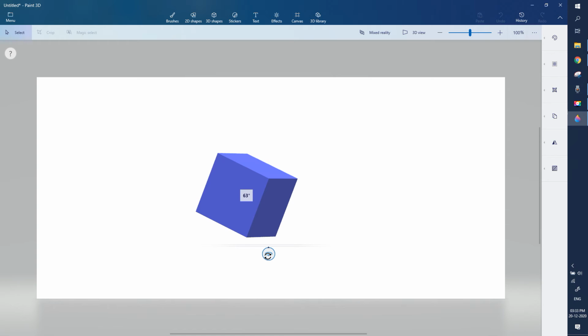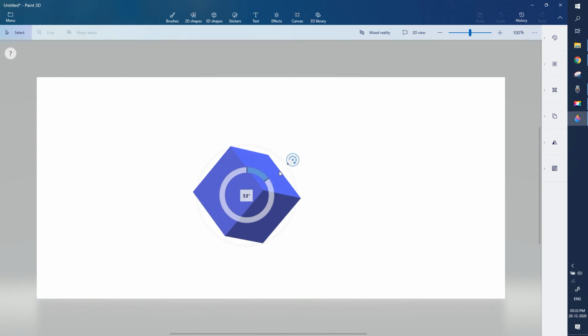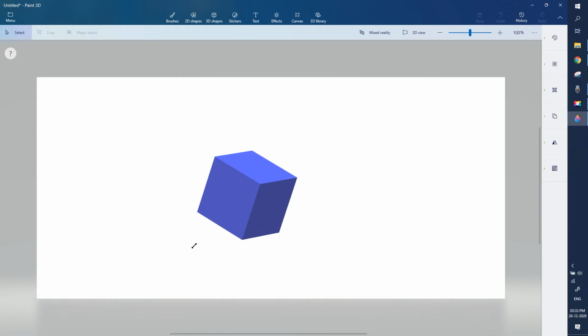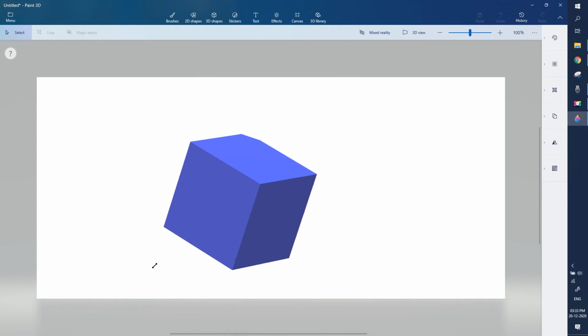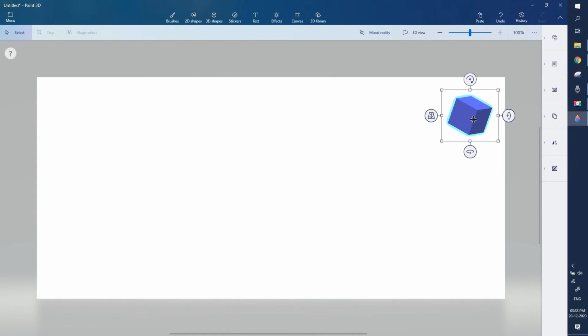I will click and hold this button and scroll it in left and right direction, something like this. And there is a button at the top of the cube as well. Using this button, we can move the cube in any angle, something like this. Okay, try to play with these buttons and you will see other sides of the cube as well. You see here at bottom left there is one small square icon. We can use this icon to resize the cube. I will make this cube smaller and drag it to the top right side of the drawing area.